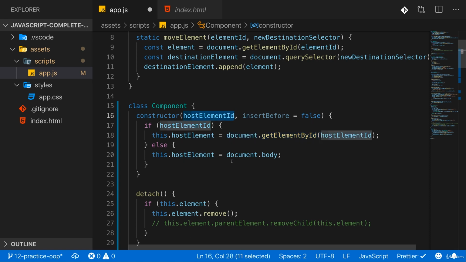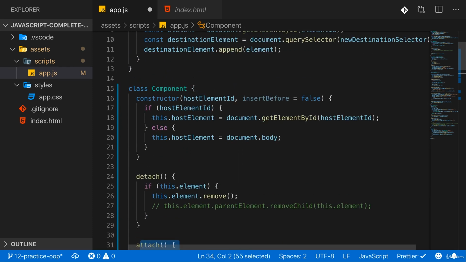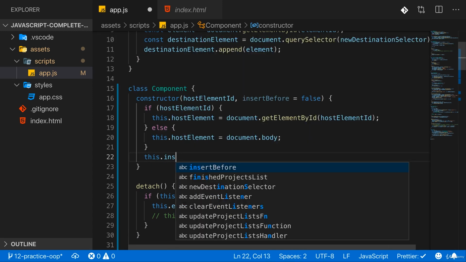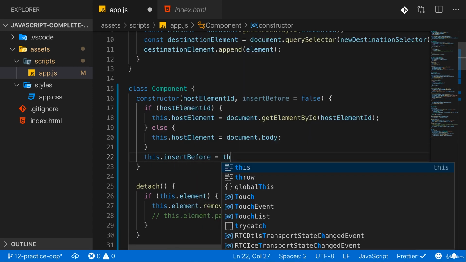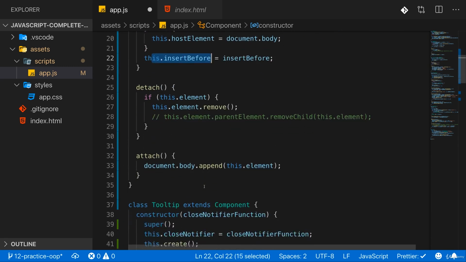But if we don't pass in a host element ID, we just fall back to using the document body to then append this element which is getting created, which is getting attached and detached. And in addition, insert before can be used. We can store this also in a property. So store insert before in this insert before. And now we can use this in attach to not always use document body append, but instead use this host